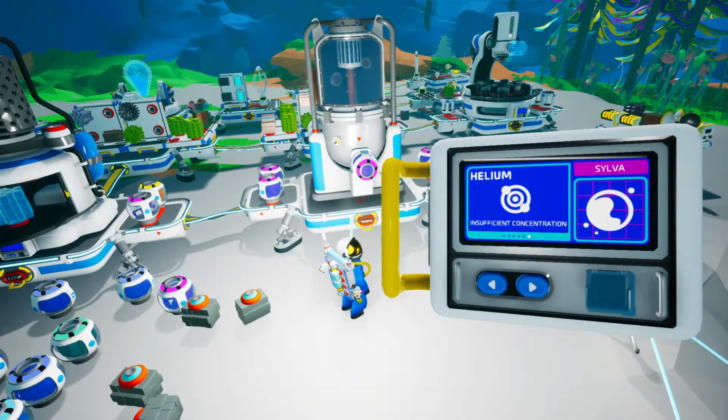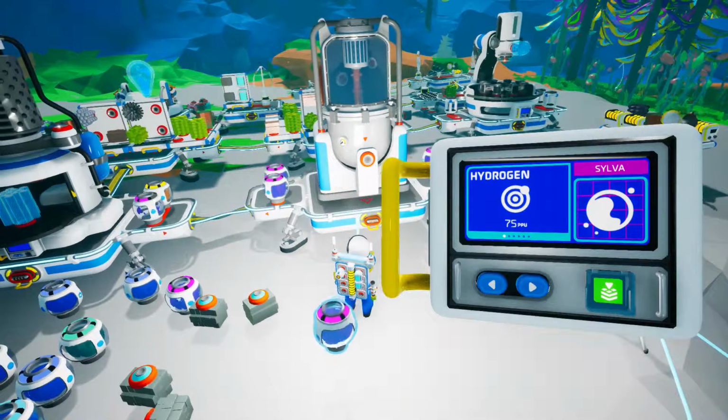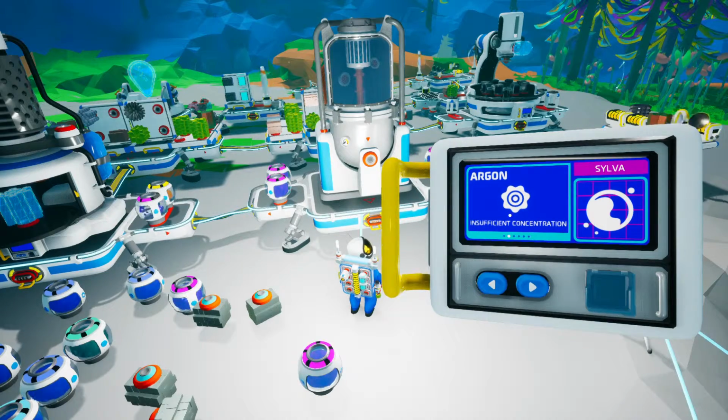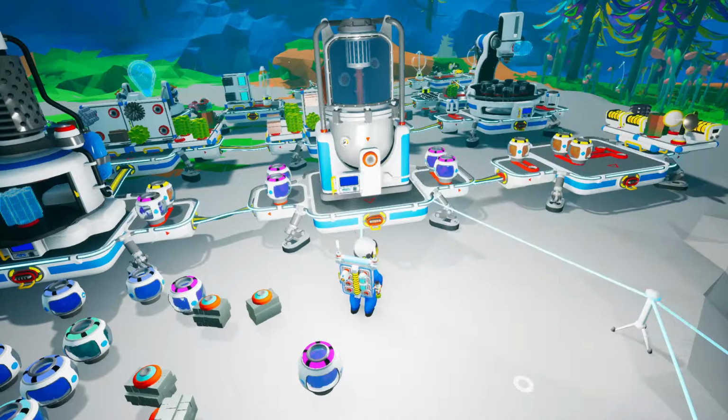Depending on what planet you're on depends on what gases it can suck out of the atmosphere. So let's have a look. Well, maybe I'll take that one. Alright, there we go. If I want to gather hydrogen, because it's got a green button, the atmosphere here on the starter planet contains hydrogen, but it doesn't contain argon. So if I wanted to get argon gas, I need to go to one of the other planets. The atmosphere contains argon gas, and this is where the core new